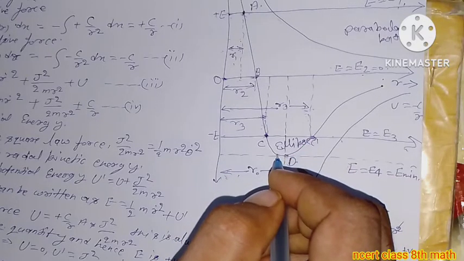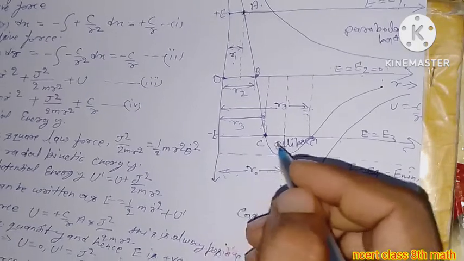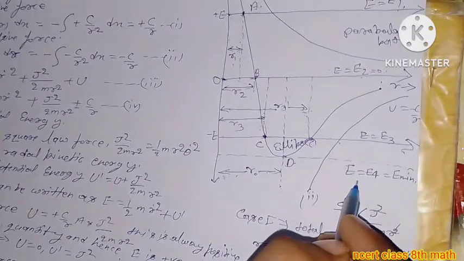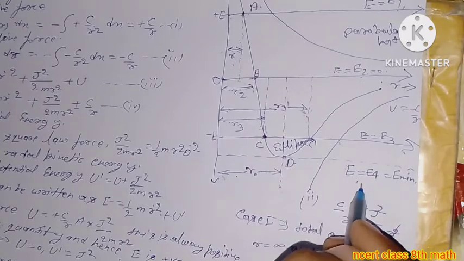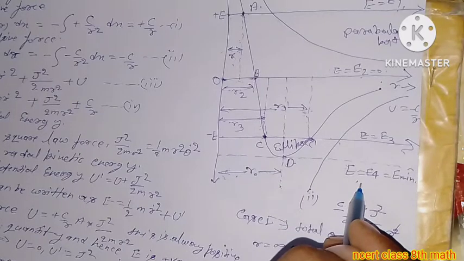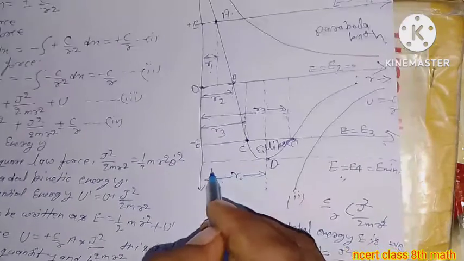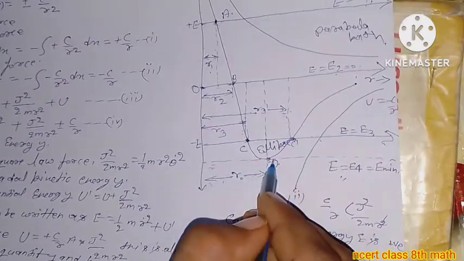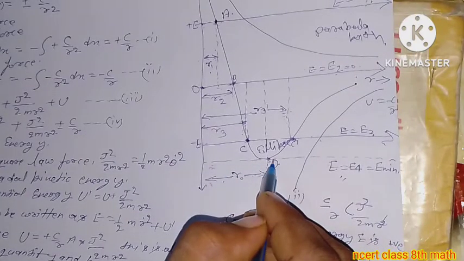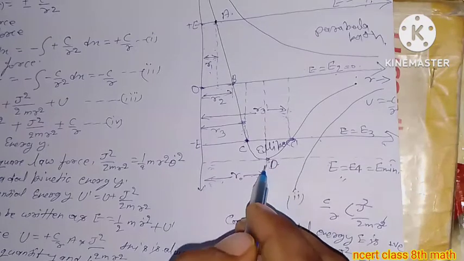Second case. Suppose the particle has total negative energy E equal to E4, so that the total energy line for E4 meets the curve for U dash at the minimum point D, corresponding to radial distance R0. The value of R at which U dash has a minimum value can be calculated by equating